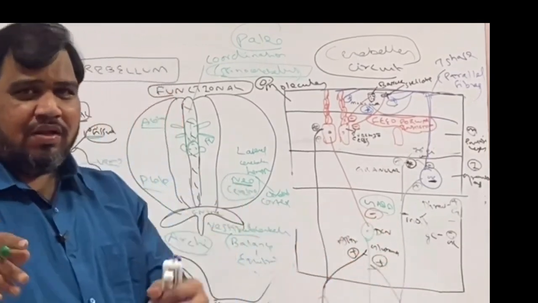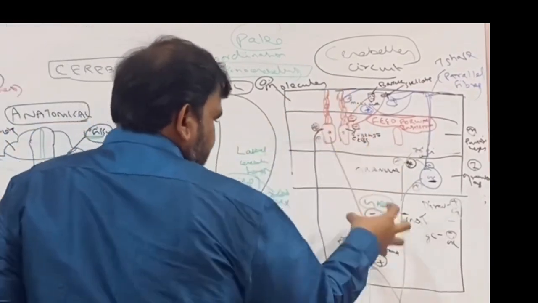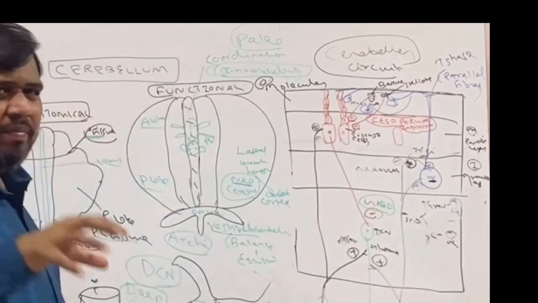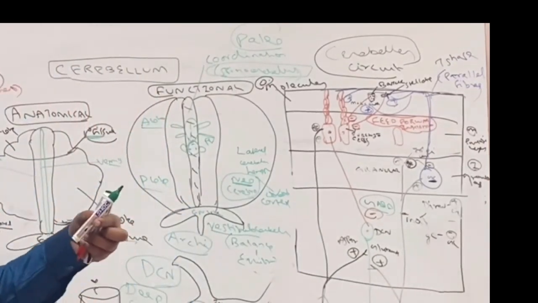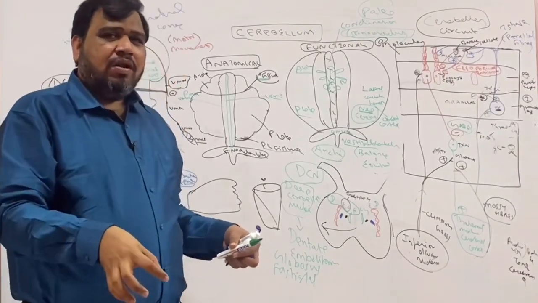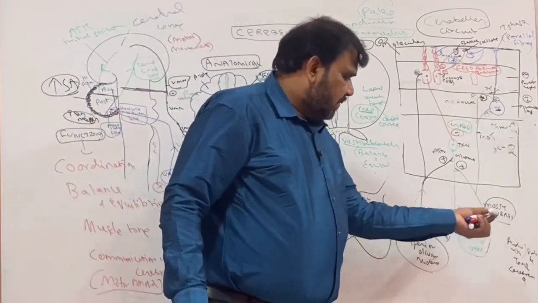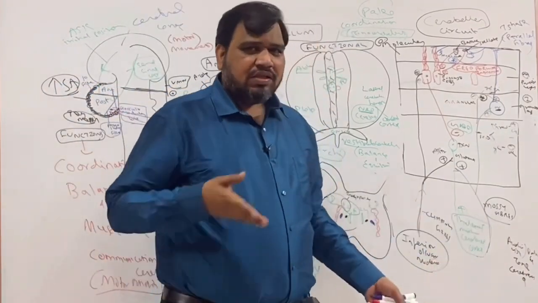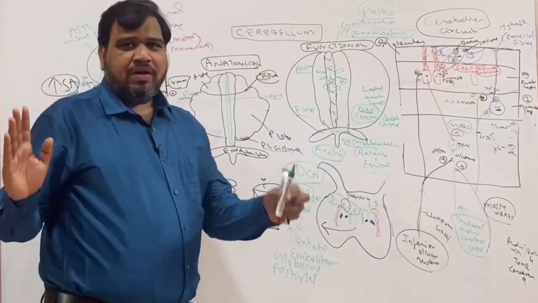So cerebellum is controlling. For example, if the cerebellum were stimulating the deep cerebellar nuclei, maybe the coordination may not be there. So the cerebellum is narrowing. The cerebellum is controlling the deep cerebellar nuclei by inhibiting it. And the deep cerebellar nuclei function is, it is going to the thalamus, midbrain, cerebral cortex, and the different connections. We have to discuss it later. So the overall view, so summary,